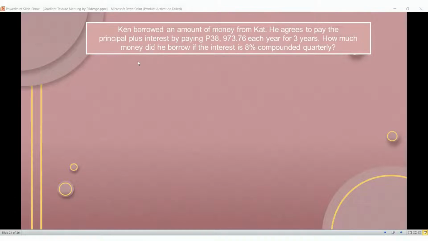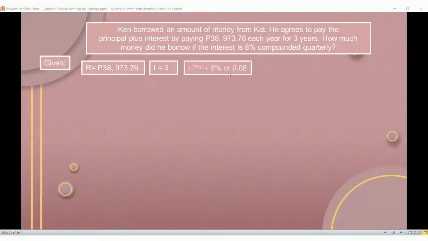So first, let's find the given. R or yung periodic payment natin ay 38,973 pesos and 76 centavos. Kasi ito yung binabayad niya each year, di ba? For 3 years. Kaya yan yung ating R. Next is the time. Time is 3 years. Then our interest rate is 8% or